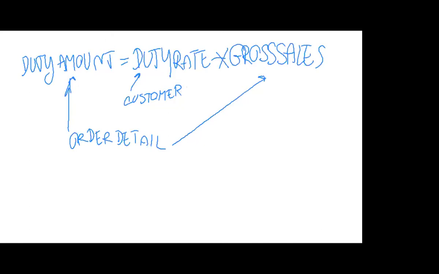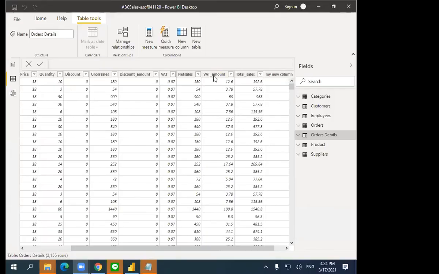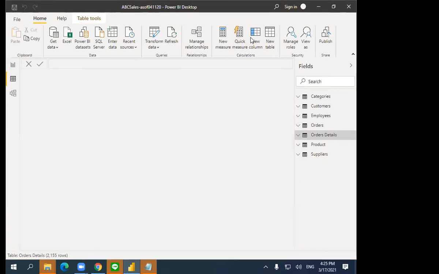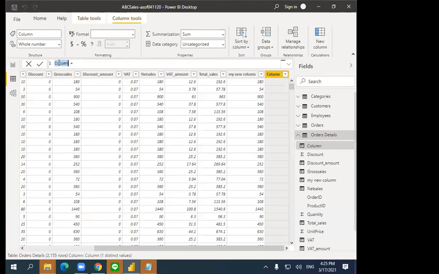Let's try. I'll start calculating the duty amount from duty rate multiplied by gross sales and see what happens. Here, we create a new column again in the order detail table. After that, I start typing. If you remember, we have to type the name of the column first. This one is duty amount. Duty amount equals to